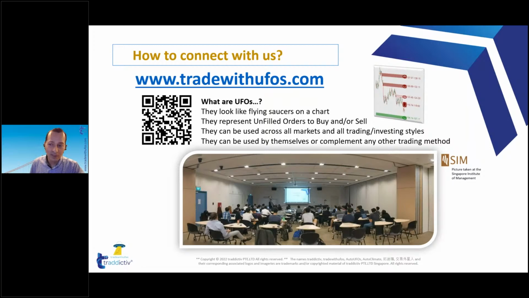You may wonder, what are those UFOs? Well, they stand for on-field orders. They look like flying saucers on the chart. We use them for market timing, because when price gets to a price point where you have plenty of sell on-field orders, the market is likely going to fall from there, so you can catch a turning point. Or when the market gets into a green UFO, you have buy on-field orders, so you can catch a turning point to the upside when those on-field orders to buy get filled.